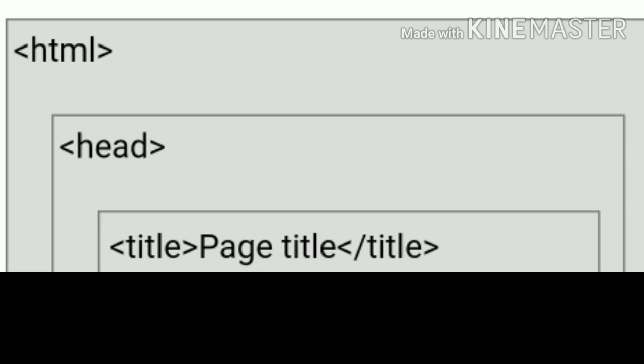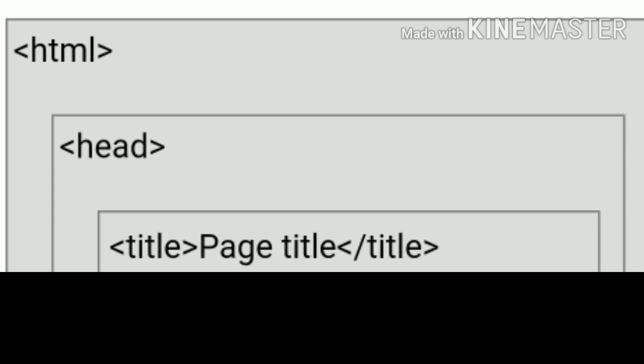Here is a general note. Only the content inside the body section, the white area above, will be displayed in the browser. Generally you have different colors on that. The content in between the body tags is displayed on the web browsers.